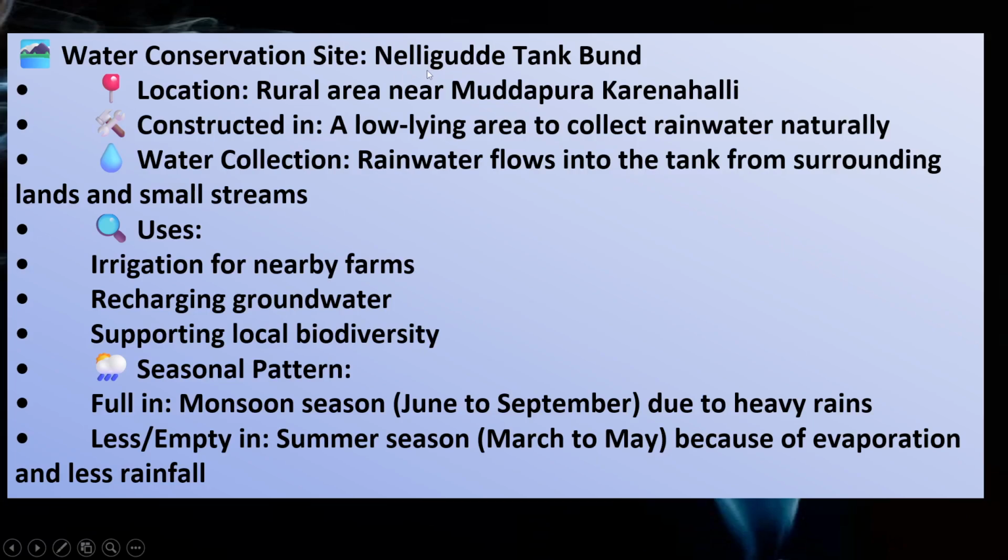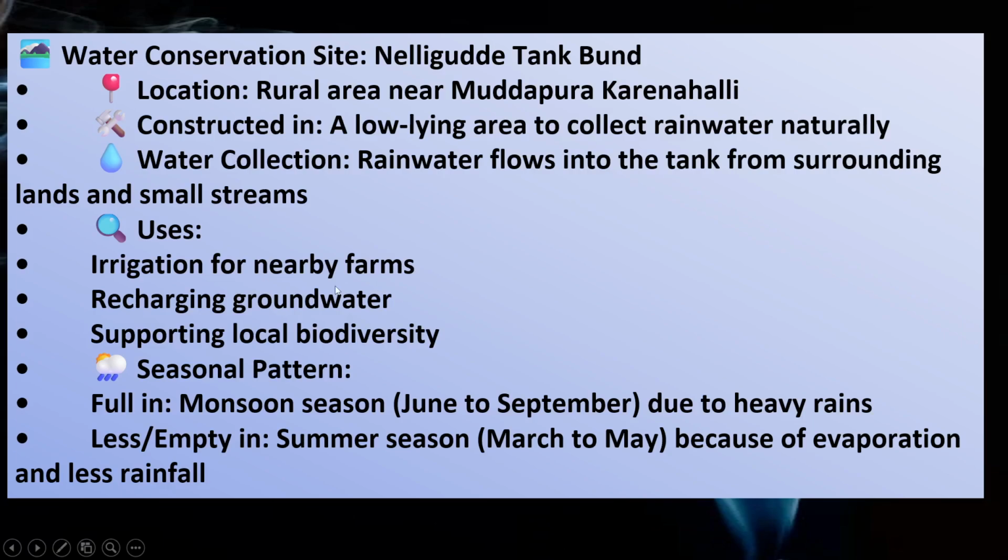Water conservation site: Nellegudde Tank Band. Location: rural area near Muddapura, Karenahalli, constructed in a low-lying area to collect rainwater naturally. Water collection: rainwater flows into the tank from the surrounding lands and small streams. Uses: